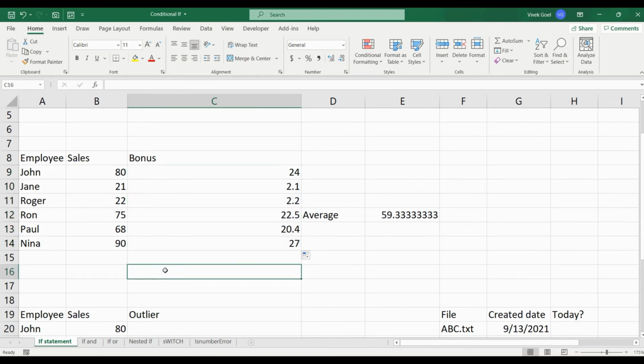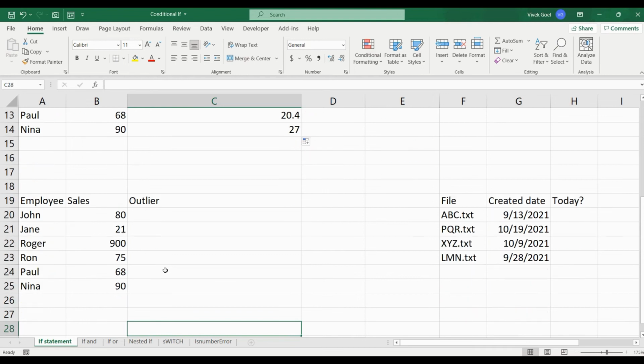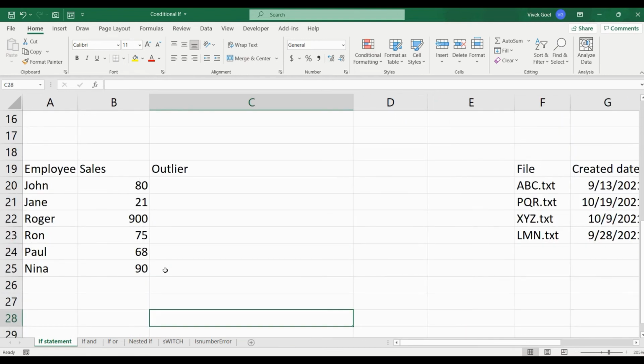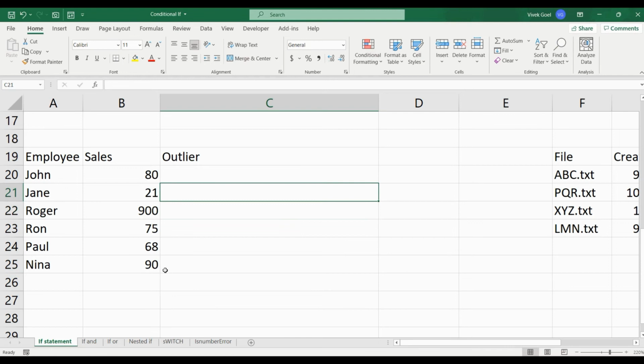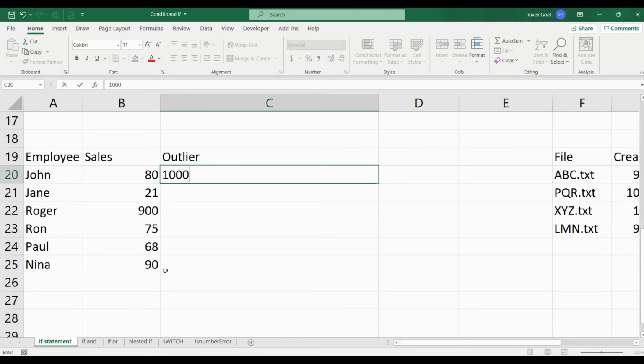Let's quickly discuss a couple of other practical scenarios. We get a sheet which is manually filled by employees and we want to ensure there are no outliers. Outliers means something which is not usual. For example, usually the sales by an employee is maximum 500.